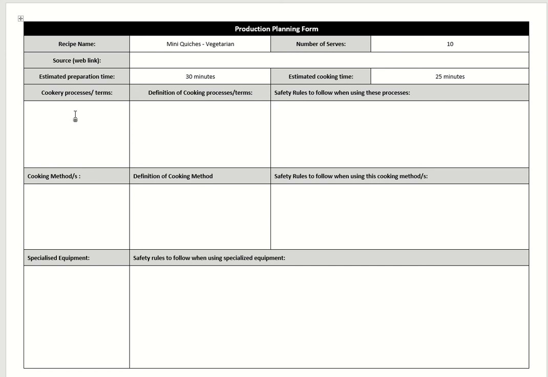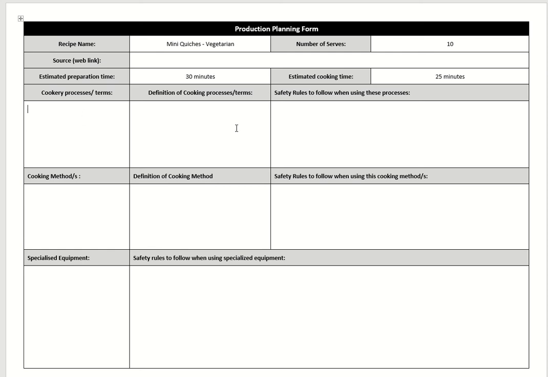Cookery processes are the things that you list under cookery processes and terms. This is where you would list things like the rubbing in technique, the creaming method, any process or term that's used in the recipe that needs you to define it. I wouldn't be so much looking at basic things like preheat, but certainly terms like saute would go in here. Actually, the saute would go in the cooking method. My apologies. So these are the cooking processes and terms. Things like if you're going to be julienning your vegetables, then write that term here